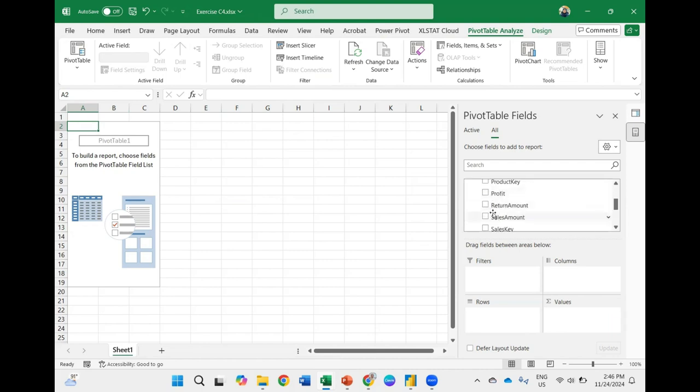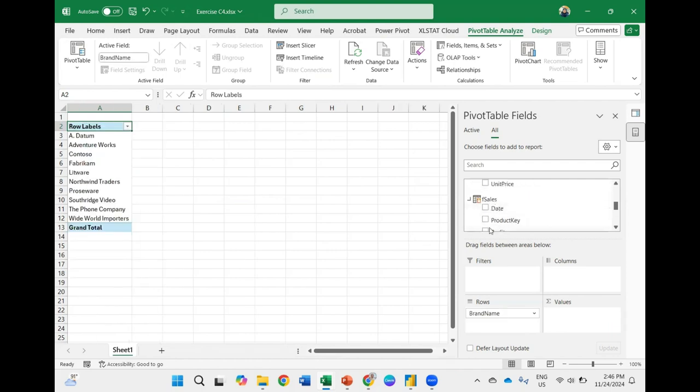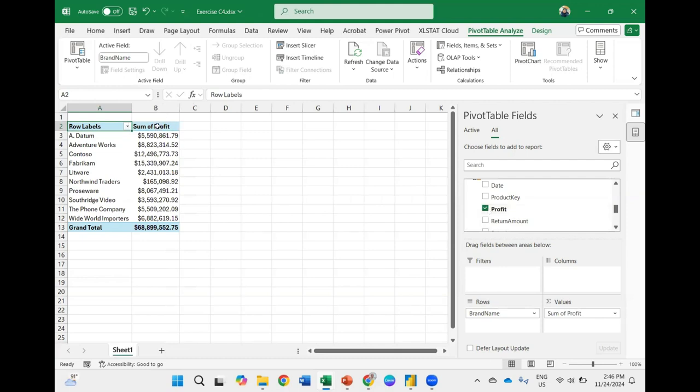Okay, so you can add, let's say you want to add the product by brand and profit. Include a profit. So this is a profit for every brand. Why sometimes do we want to combine? Because you already have the product, you have every column, then you can just add.